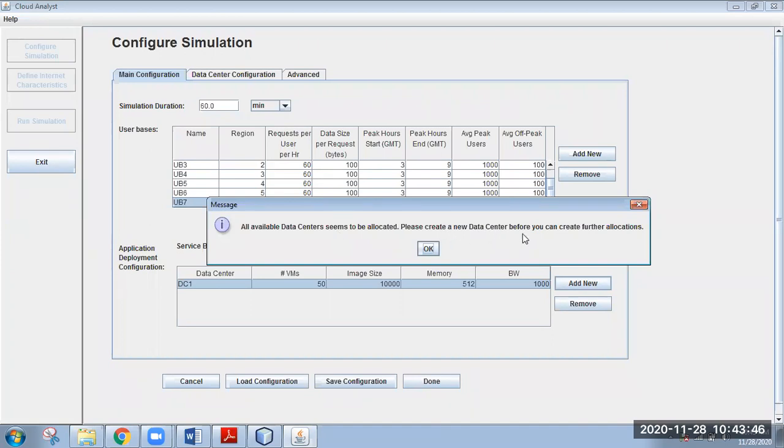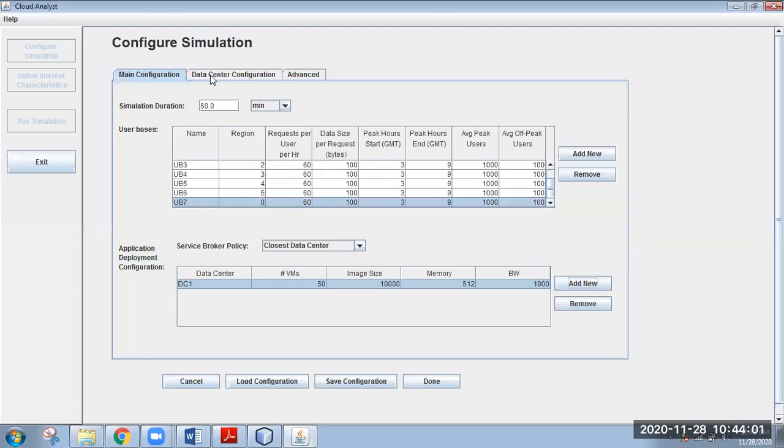Please create a new data center before you can create further allocation. So first you have to create a data center, then only you can add here. Otherwise it is not possible. Right? So there is a data center tab. If you go to the data center configuration tab, there you can create the data center.